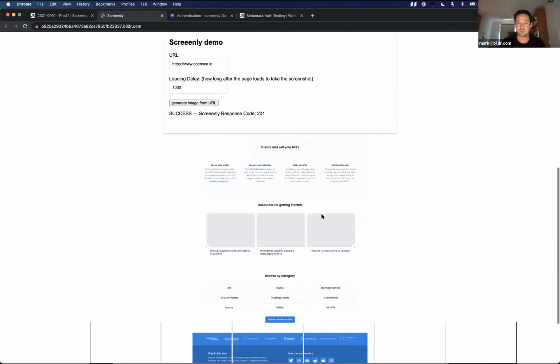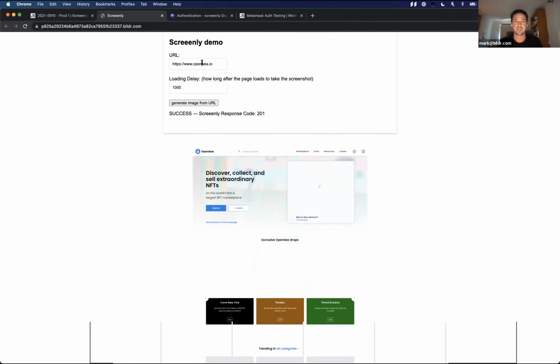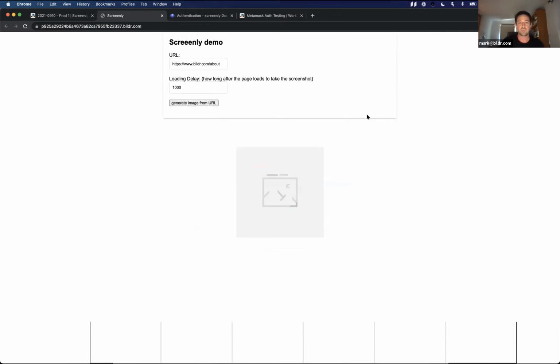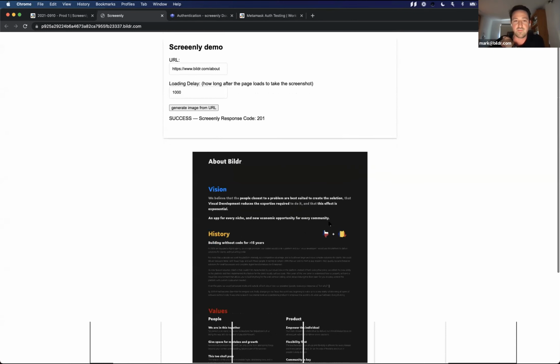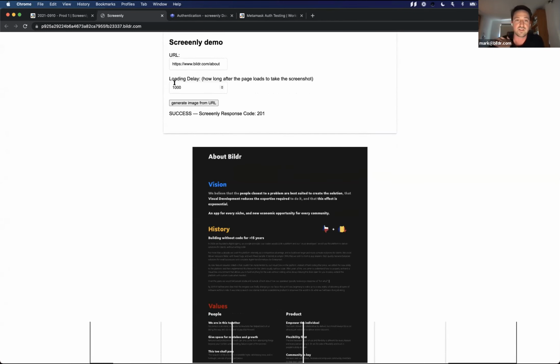So there's the OpenSea.com. I can just change this to builder.com/about or something like that. Click the button again. So you can see my other actions in there. When you click the button, I hide the success status and show some other things. Oh, do we get a fail? Let's see. Maybe we failed in real time. Let's see. But yeah, I think you get the idea there. Oh, there we go. So it goes and generates this image of whatever it is,